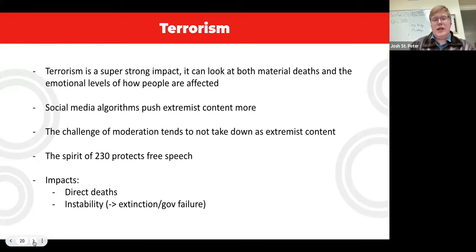So now I want to talk about the actual link argument here, because social media algorithms, especially with 230, push things like extremist content. This was mentioned earlier by Ava, which is fantastic. And I think that this is amazing for terrorism arguments too, because social media algorithms are notorious for amplifying extremist content, as things that are more extreme are more likely to get more views, more clicks, thus be pushed more by algorithms. And this is beyond even just social media. This is on all news networks in the way that even if they allow people to post without heavy moderation, this then means that people can push this content and not be held liable for it.